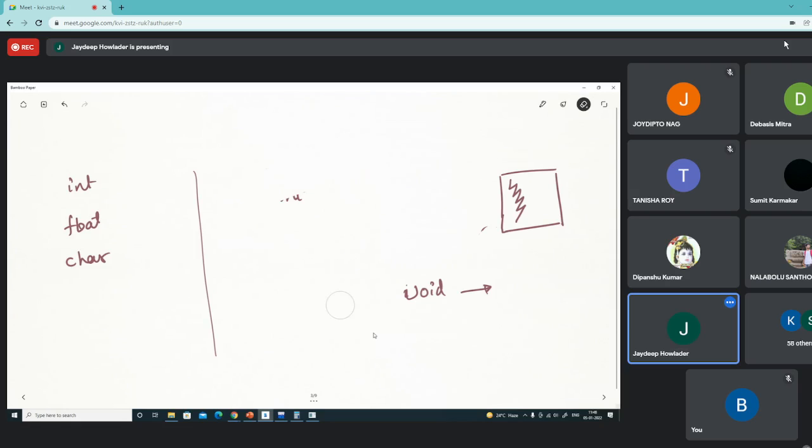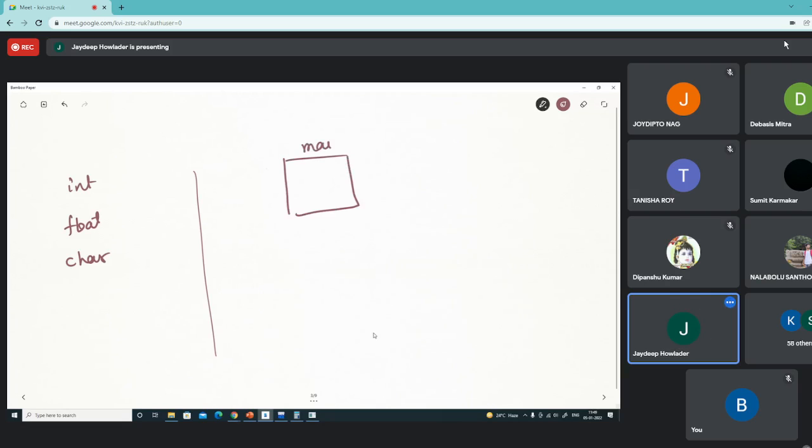But in C programming language, what is happening? Just take it something like this. Say I have a program which is main here, and this main is asking for the area of a circle multiple times.